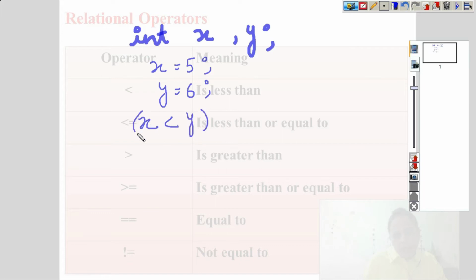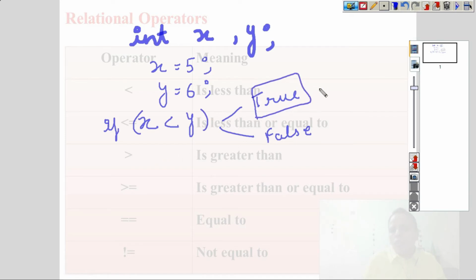If x is less than y, then the result will be true. If x is not less than y, then the result is going to be false. In this case, when x is 5 and y is 6, our result will be true. True means the compiler will give you 1. Otherwise, if the result is false, the compiler will give you 0.